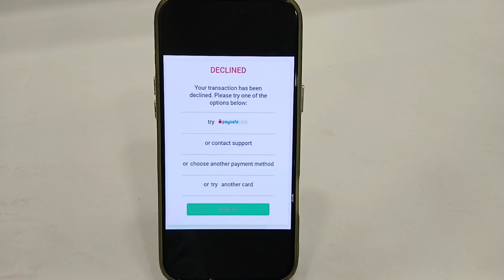Hey guys, today I'm going to tell you how to fix payment decline error on iPhone. If you are using any iPhone and you are trying to buy anything from your iPhone using the payment method, but you're facing the issue with this payment declined or your payment has been declined, so let's see some possible